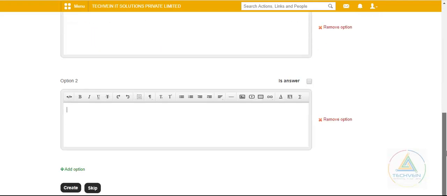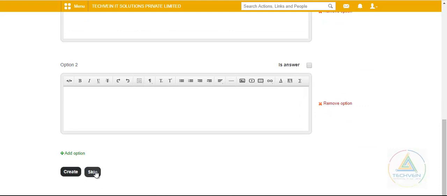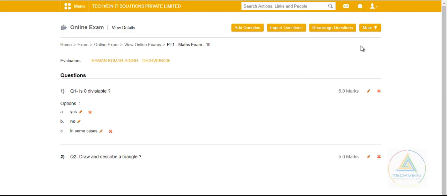or we can directly skip it, and here you can see, if I have to add any more questions I can add it. If I have to import any question, like I had already set an exam for other class and I have to take some of the questions from there or all the questions from them, I can go for this import option. I can rearrange, like I want to make this number 2 question as 1 and the 1 as 2. I can do it from this,